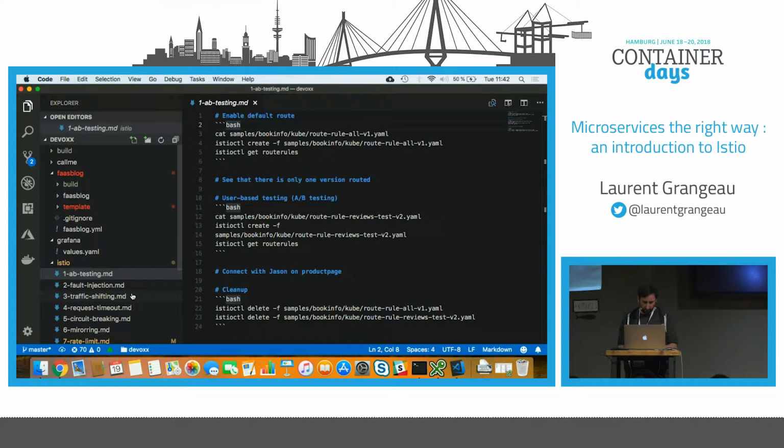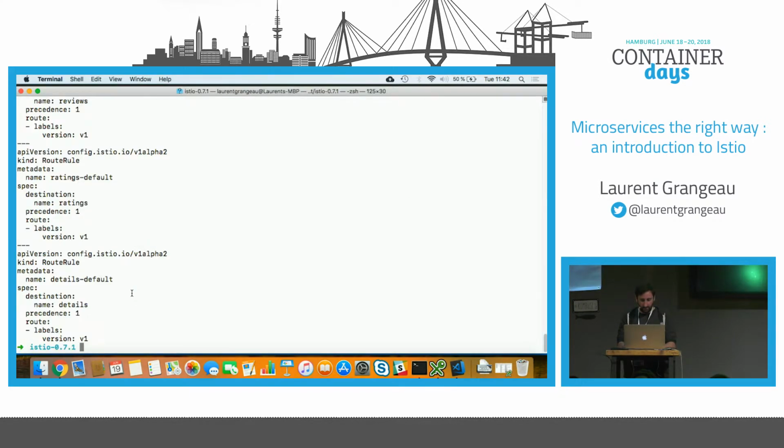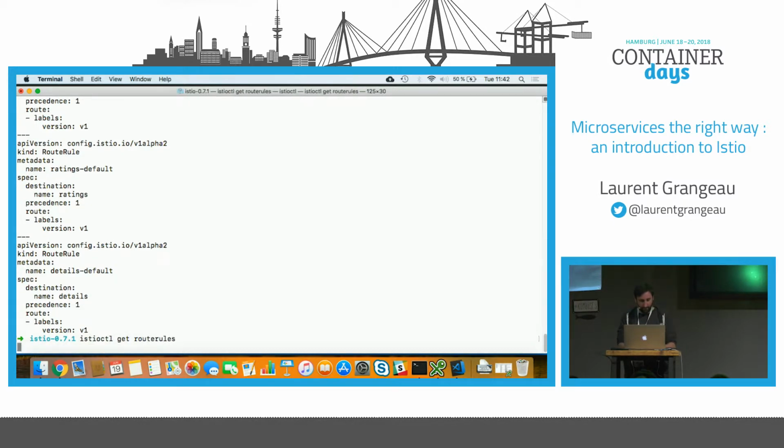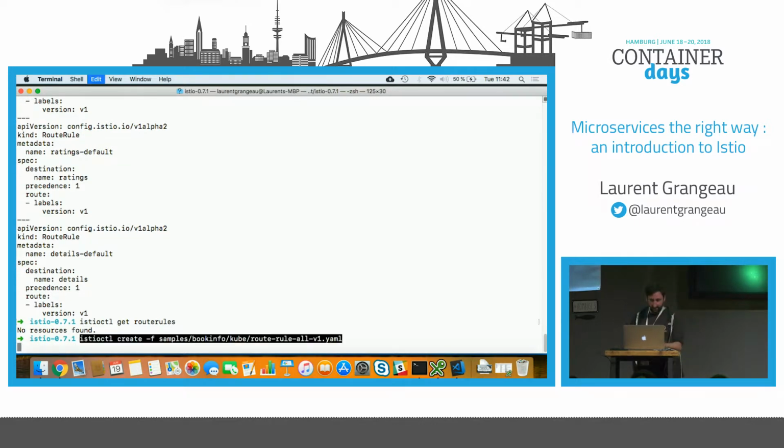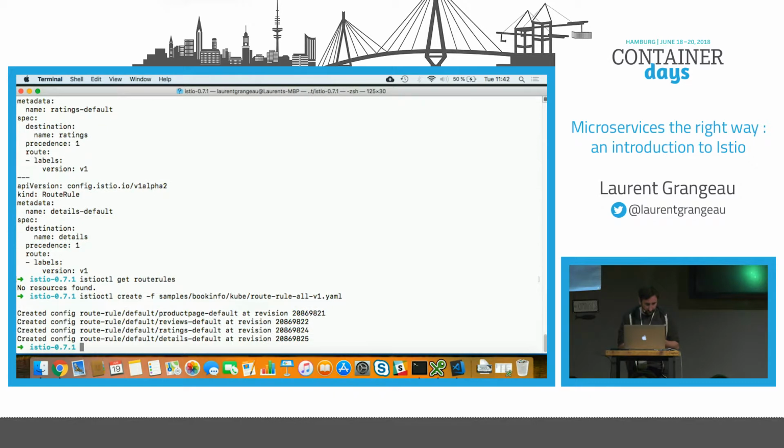So if I apply that, just before, I will show you that no routes are defined. And if I apply that, I have created some config route.